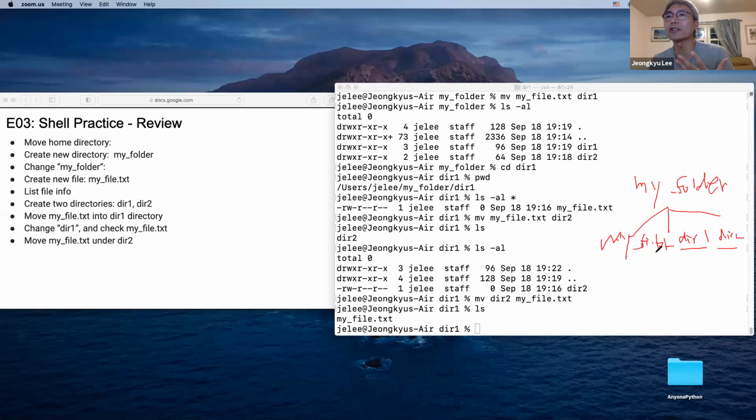What we want to do is move this file. Right now my_file is under dir1, right? What we want is for this file not to move here. It moves back to the parent, then goes to dir2. It's a two-step process. So first, you need to move the my